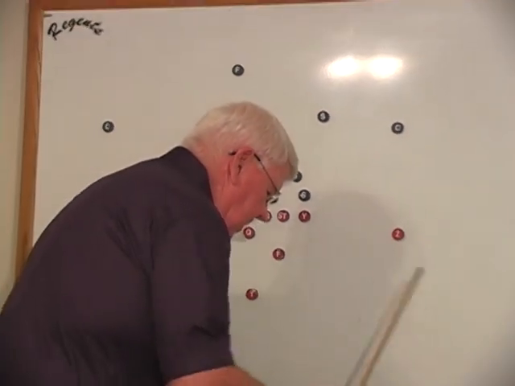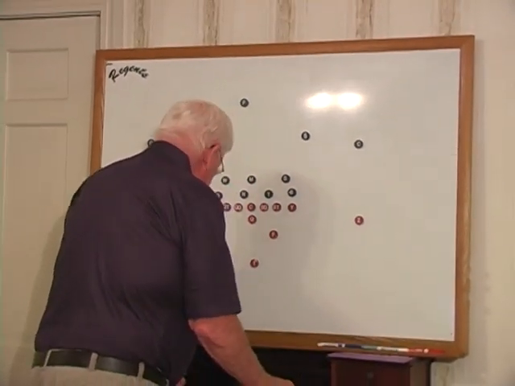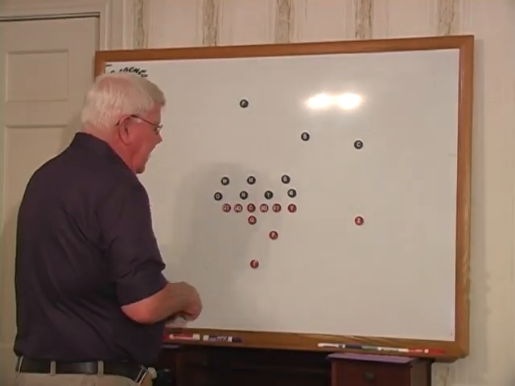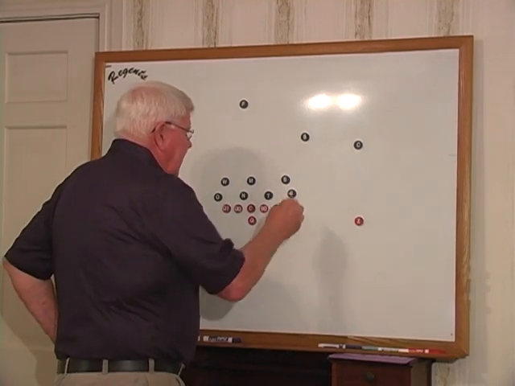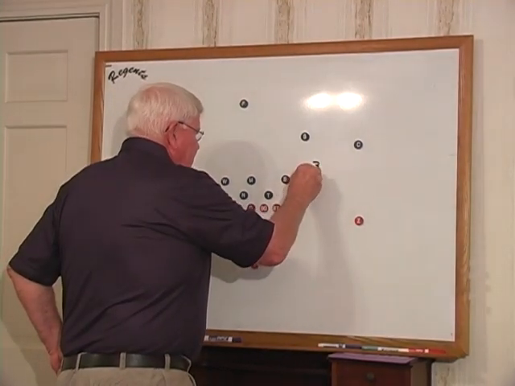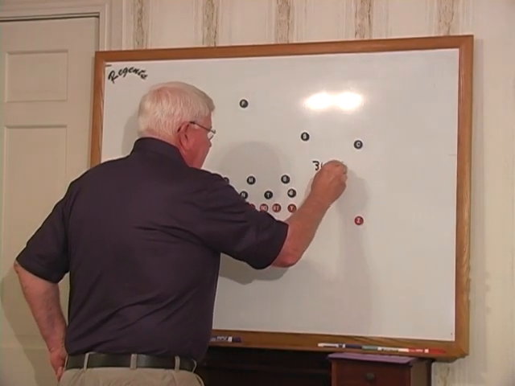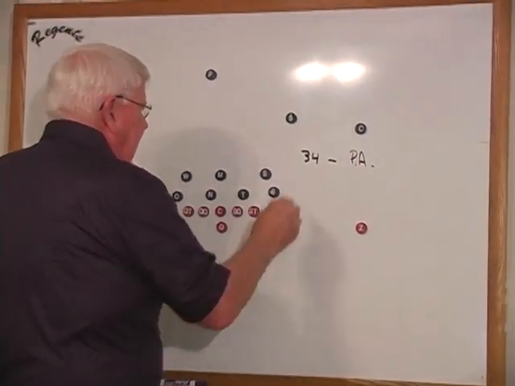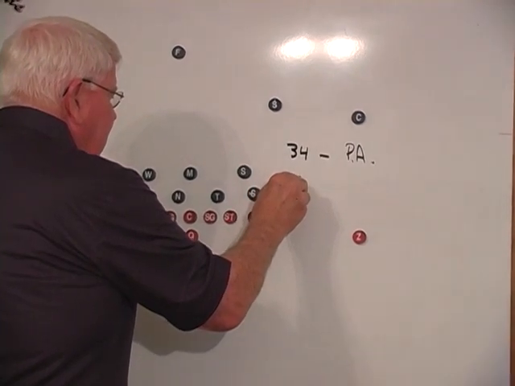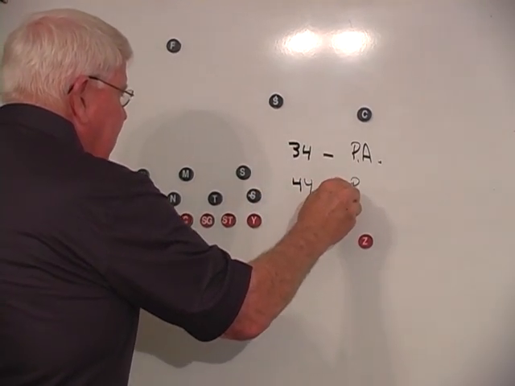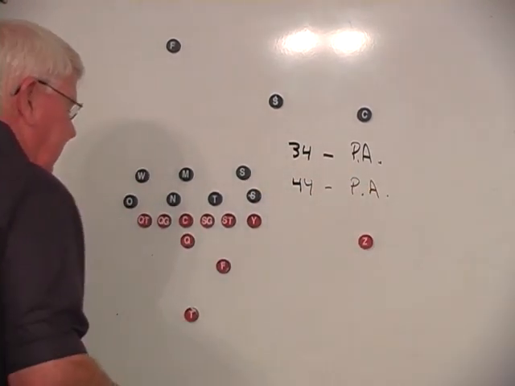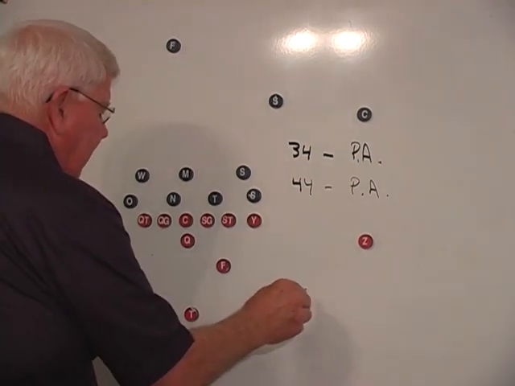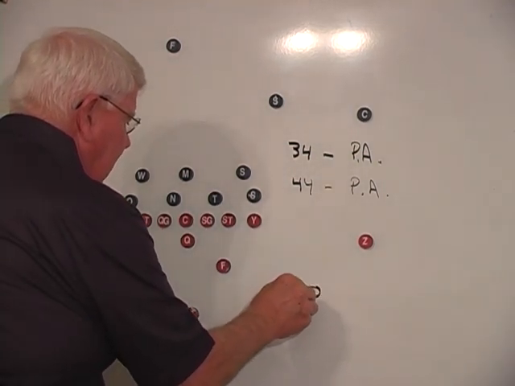Okay, so let's get started here. The offense is really based on two plays. It's based on 34 and the play action that comes off of that, and it's based on 44 and the play action that comes off of that. In the simplest form, on 34,